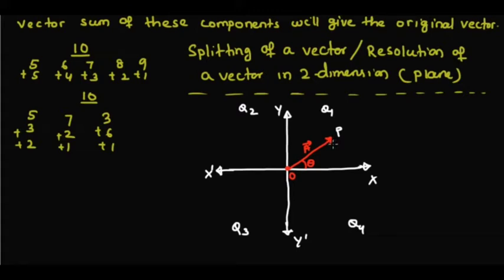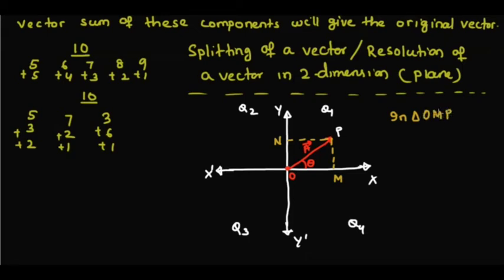The first perpendicular will be to the x-axis, the second perpendicular will be to the y-axis. So let me draw two perpendiculars. The first one is onto the x-axis and suppose this point is M. The other perpendicular will be onto the y-axis and suppose this point is N. Is that clear? Okay.